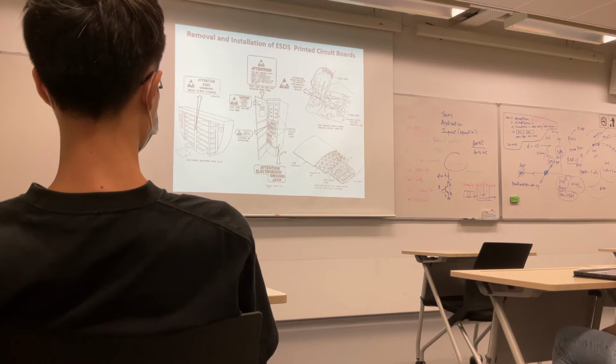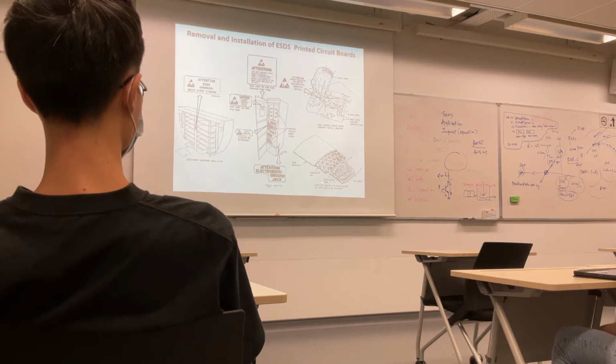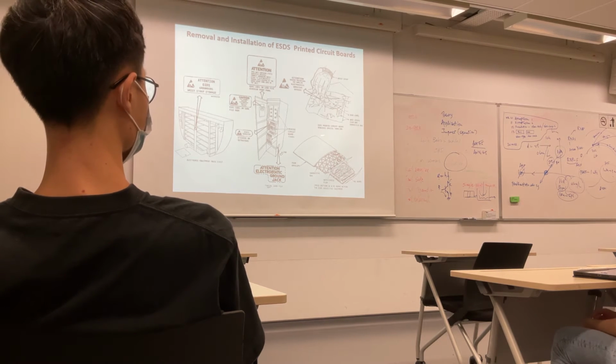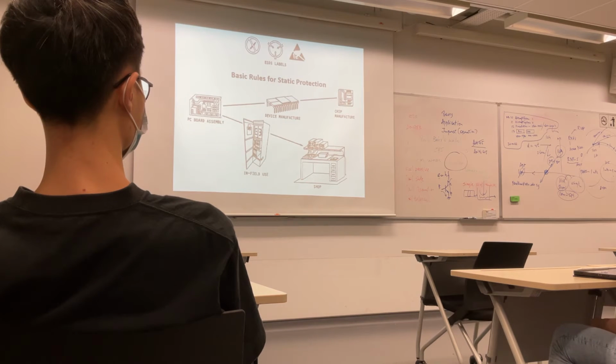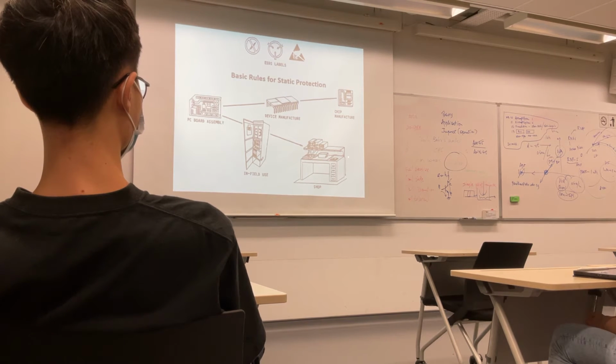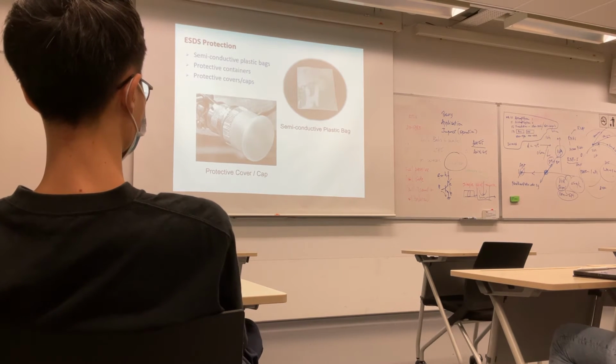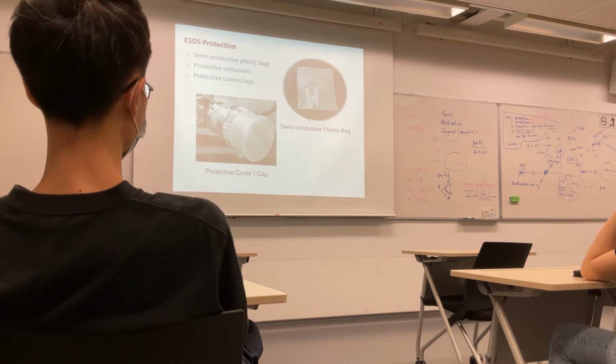If you're handling a printed circuit board, you have to put it into proper protection, a special protective plastic bag. You'll notice that all electronic cards come with this. These are safeguard rules from the manufacturer to the device manufacturer. When you buy a chip, it always comes with a black foam, or a special conductive bag. And in your workshop, the benches are supposed to be conductive as well as grounded. This is how the ESD bag looks, with protective containers and all that.